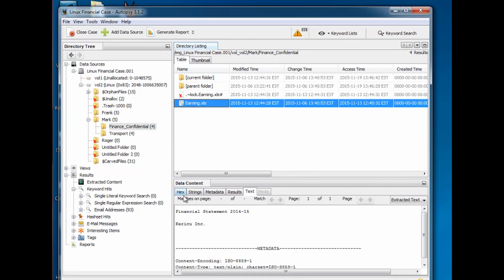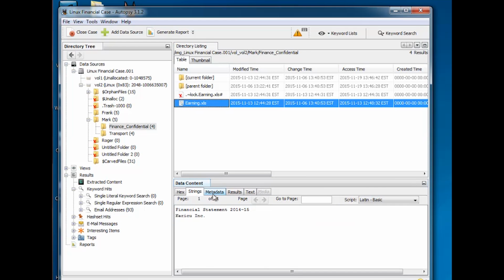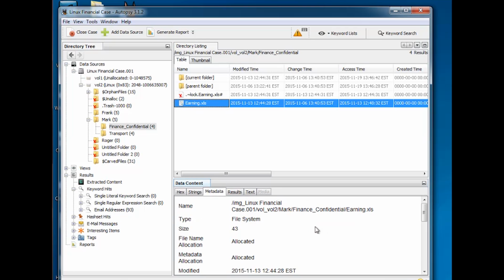If we look at the bottom pane, it has multiple views. This is the text view, so this file actually contains that text. And certainly you can view it in hex or string. Now, metadata is interesting. We use many of